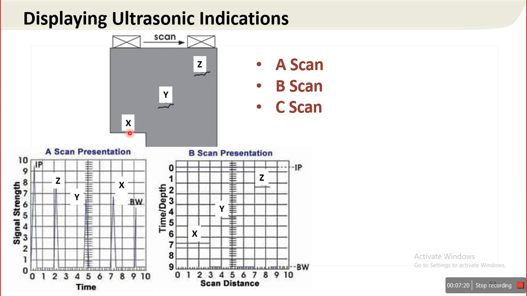Again it is somewhat farther than Y and Z, so it requires somewhat more time. So after Y, X is there, and then back wall comes. The back wall echo comes at the end of the screen. So with the help of this representation, we conclude that